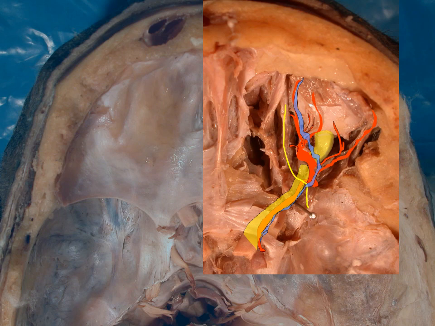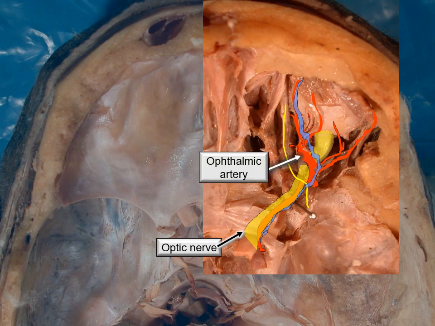The nasociliary nerve is above it in the posterior part of the orbit. Now let's watch a few identification points. Now that's the optic nerve. That's the ophthalmic artery. Watch carefully how it winds around from an infralateral position to a superior position, and thereafter how it is medial to the optic nerve. All this occurs so: infralateral, then above, and then medial to the optic nerve.